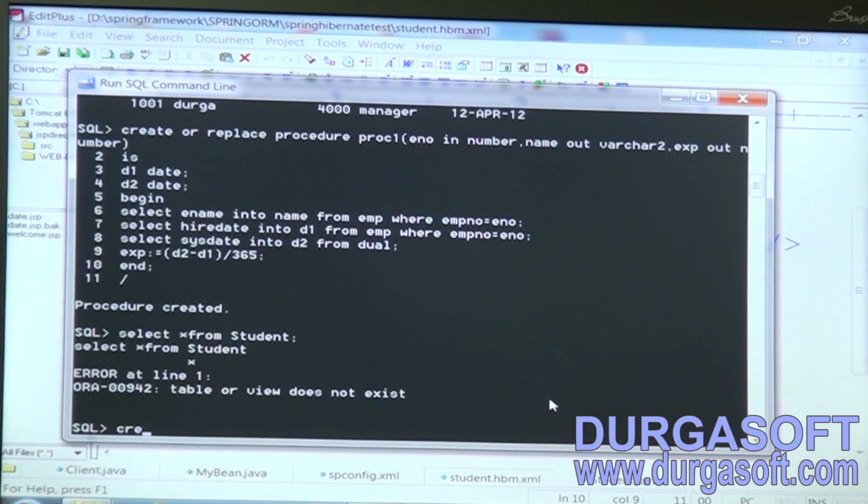So now create table. Table name is student.